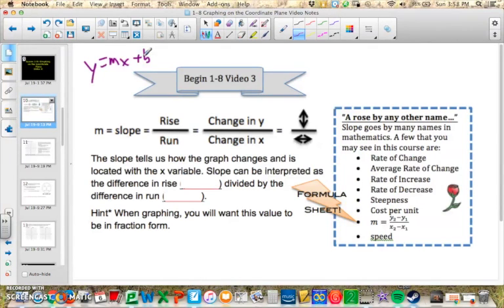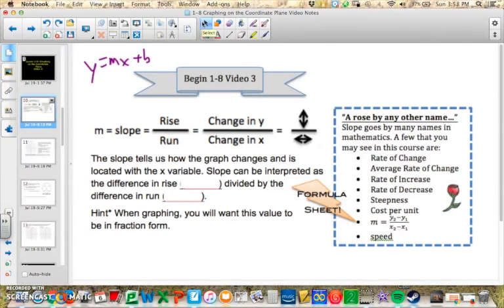Now, we have a lot of different ways to talk about slope. You'll commonly hear it referred to as rise over run. What that means is we're going to be comparing how much we are changing with our y values and how much we are changing with our x values. Remember, y is going to be our change up and down, and our change in x is going to be going left to right. The slope is going to tell us how the graph changes